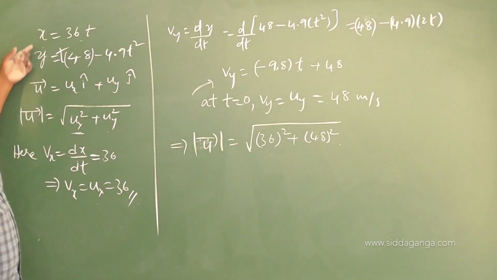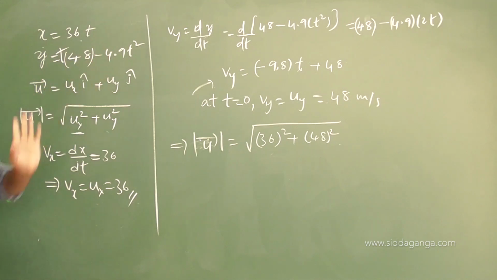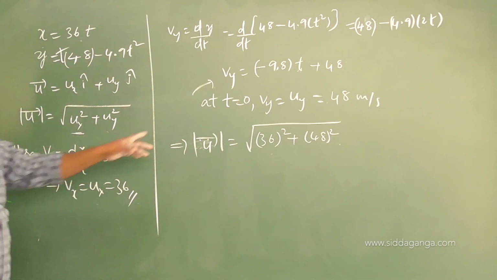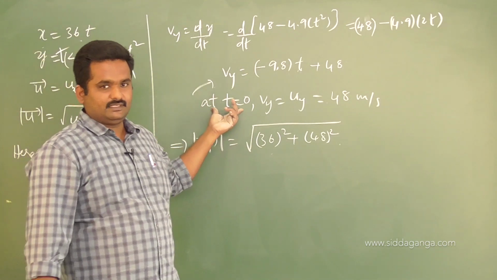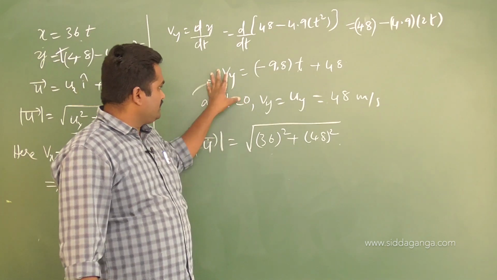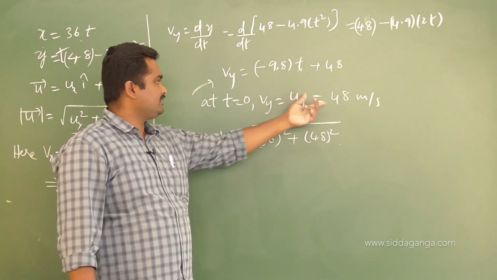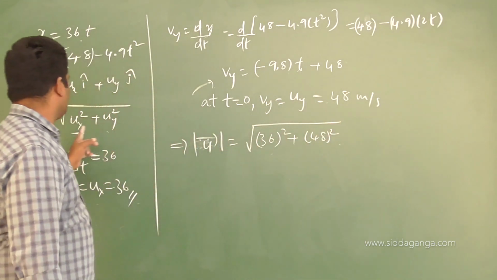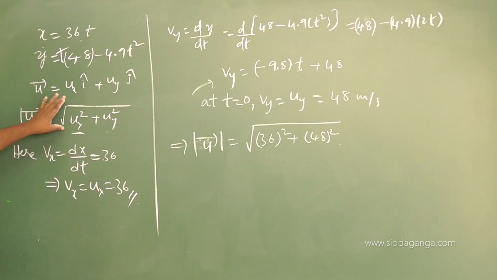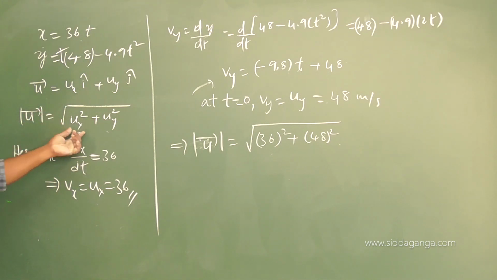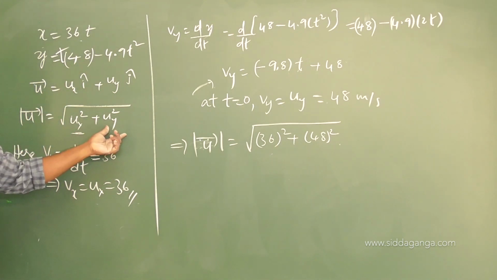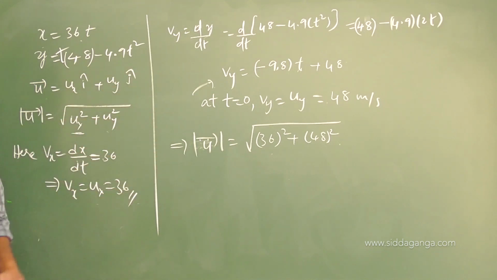Just see, differentiate that, you'll get Vx and Vy at any time t. If you want the initial, go for this condition. Vy at t equals 0 itself is Uy, the vertical component of initial velocity, right? How much did you get? 48. That you substitute into this equation. This is the actual formula to be used. Hidden parameters are Ux and Uy, which you need to find out. How to solve for this? You have to learn the method.